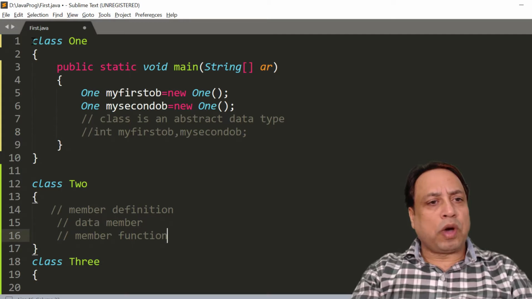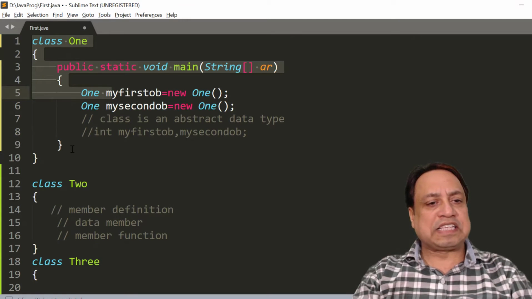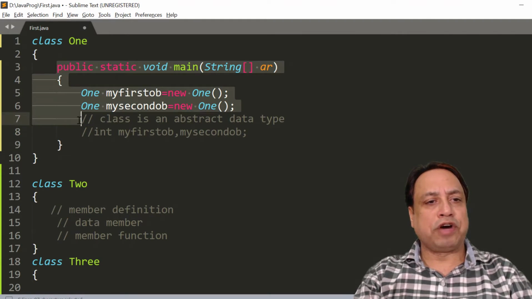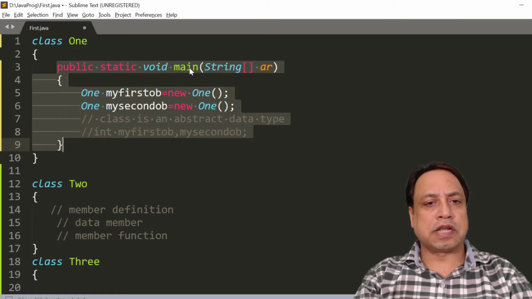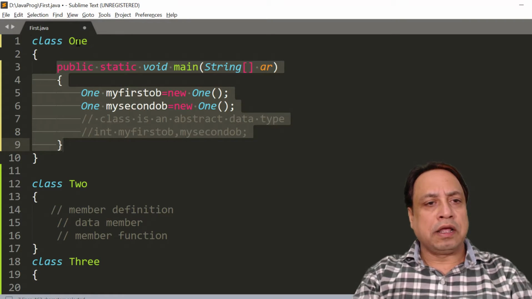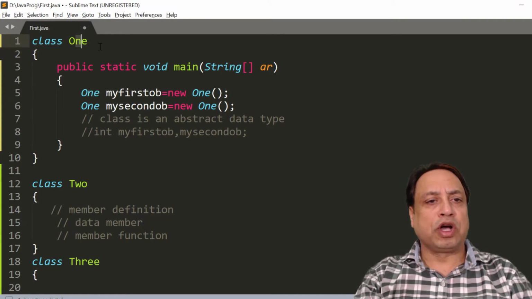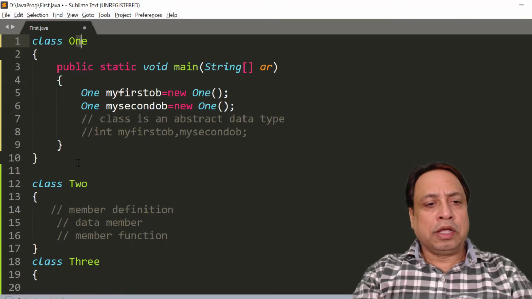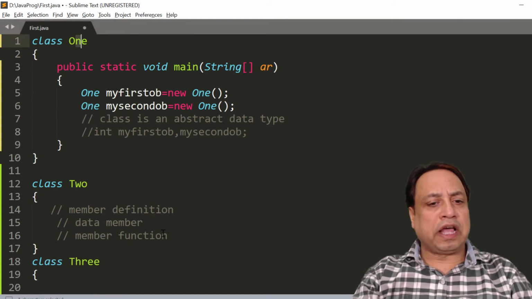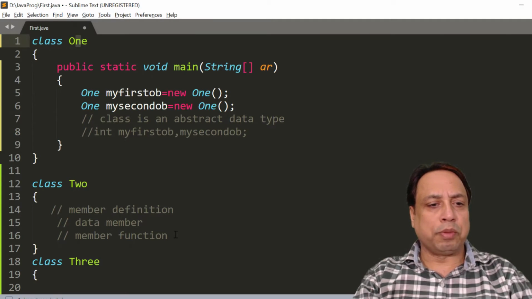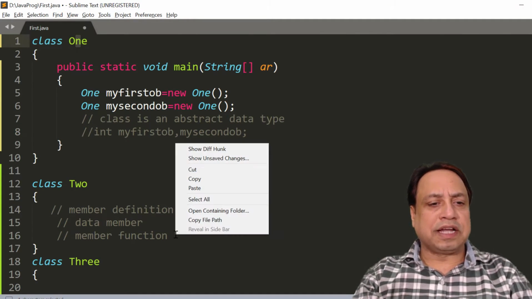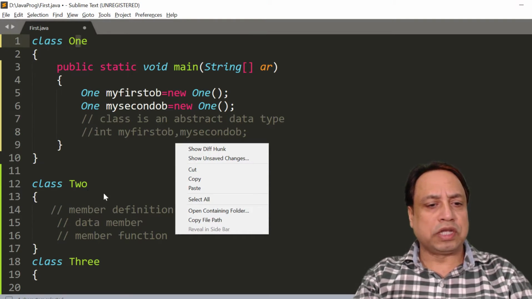If we see this class 1, you may encounter that इस class के अंदर हमने सिर्फ एक function लिखा है, that is described as main. We say that the class 1 contains one member function, that is main. This class 2 does not contain anything, so it is not mandatory to write anything into a particular class, but in that case that class is a wastage. Like we have left anything written within this class 2 and 3 as blank.